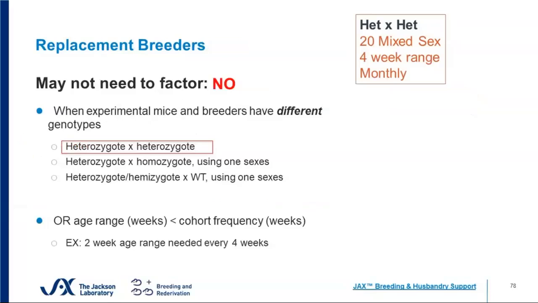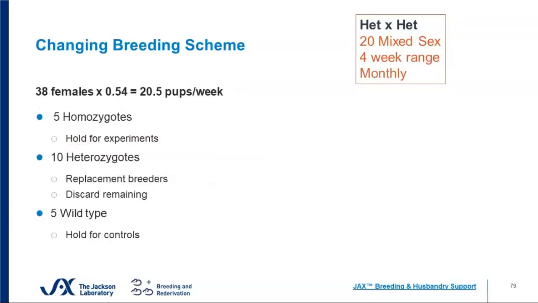Now in this case, we're breeding het by het and using homozygotes, so we do not need to factor in additional breeders into this colony. So that's where we stay at that 38. And the way this would look then is if we have 38 females, 20 pups per week, we're going to get approximately 5 homozygotes that we hold for our experiments, 10 heterozygotes that we use some for replacement breeders, the rest that we don't need, we just discard, and then the 5 wild type, which we now can hold for